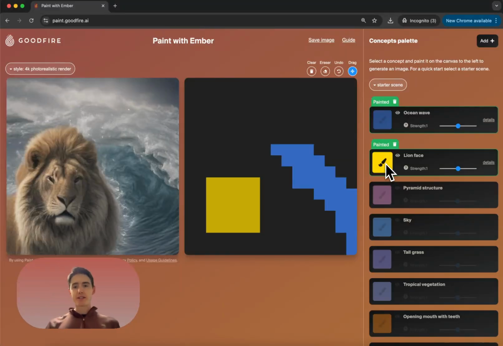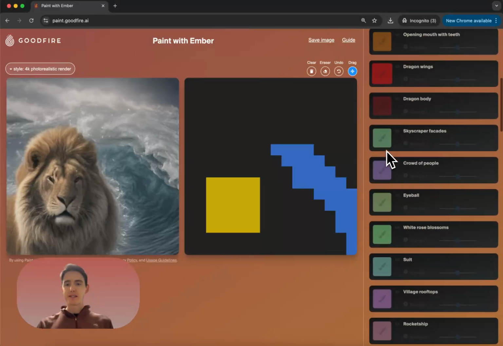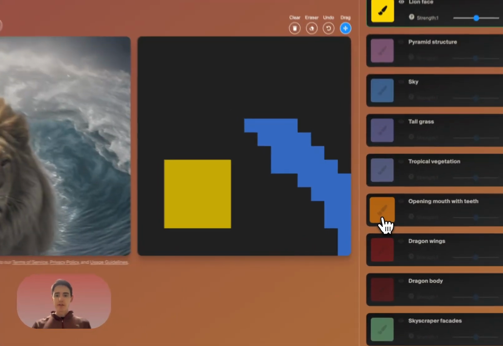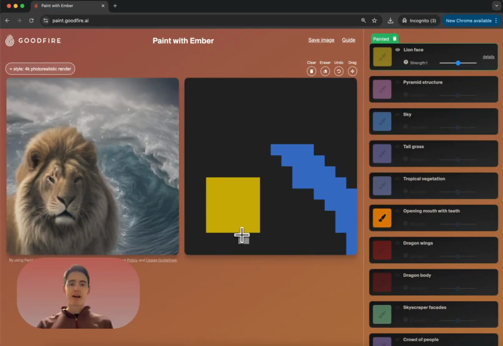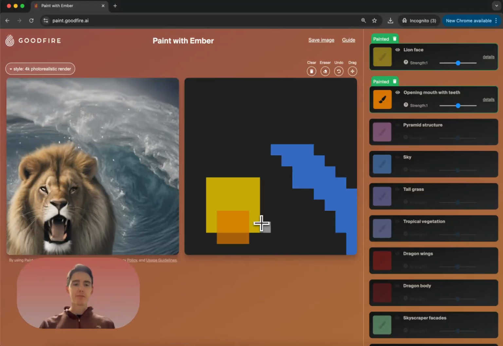There are lots of different concepts you can paint with, from different objects, dragons, crowds of people. There are also concepts that tell the different objects what they should do. So I can paint this opening mouth concept on top of our lion, and we see it bares its teeth